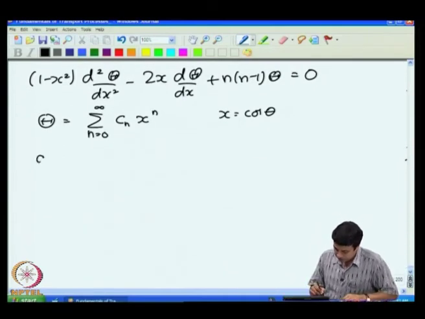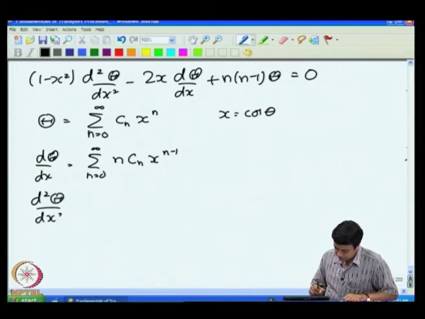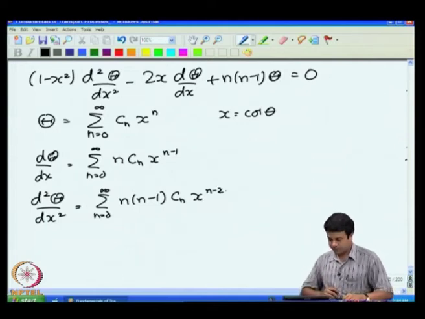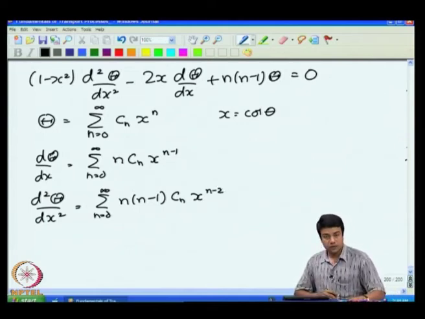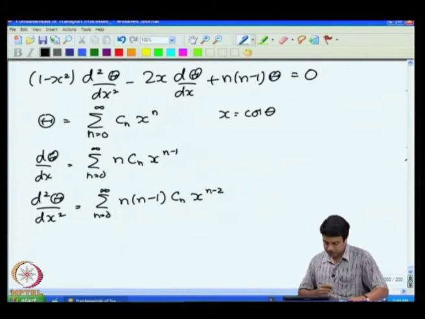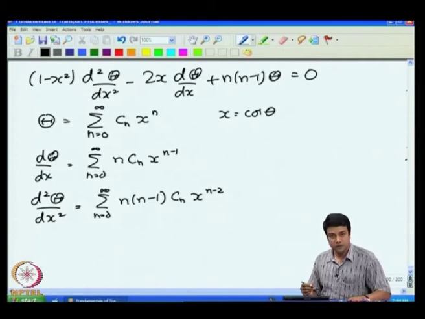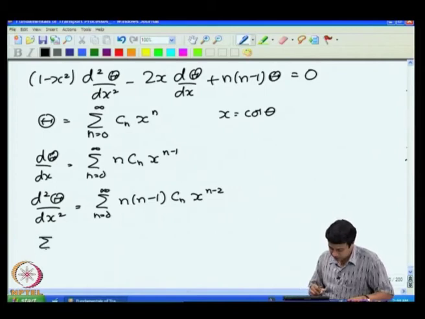Now, I then have d theta by dx is equal to summation n is equal to 0 to infinity n Cn x power n minus 1, and the second derivative is equal to summation n is equal to 0 to infinity n into n minus 1 Cn x power n minus 2. So, I substitute that into the differential equation. The first term is just d square theta by d x square. So, that is equal to summation n is equal to 0 to infinity Cn n into n minus 1 x power n minus 2